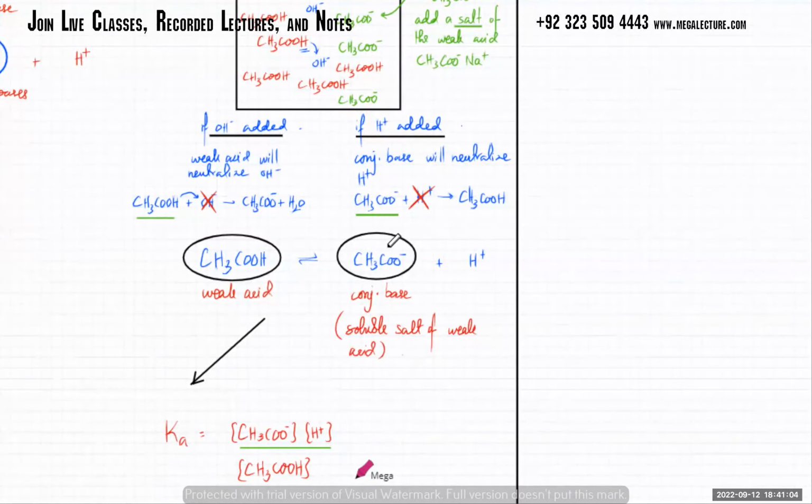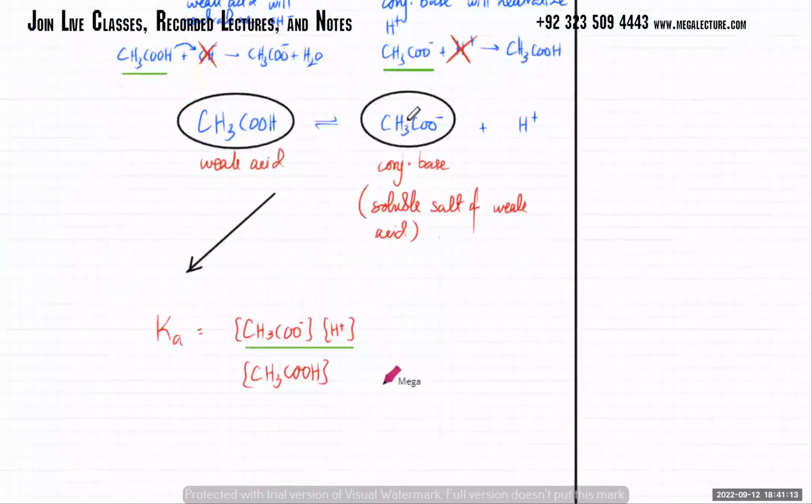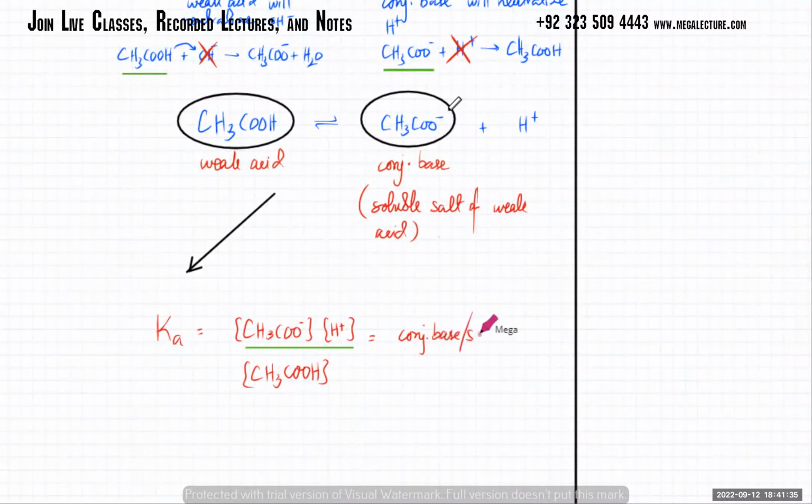Why? Because ये वाला जो ion है ना, you've added more of it, you've added extra of it. वो कहाँ से add किया था? You added a salt of the weak acid, right? तो आपका ये वाला जो ion है ना, वो extra add हुआ है, and it's coming from the salt. ठीक है, so you've added more of it. तो इन दोनों ions की concentration is no longer the same, and your expression actually kind of looks like this. It's the conjugate base concentration, which is basically kind of the salt concentration,